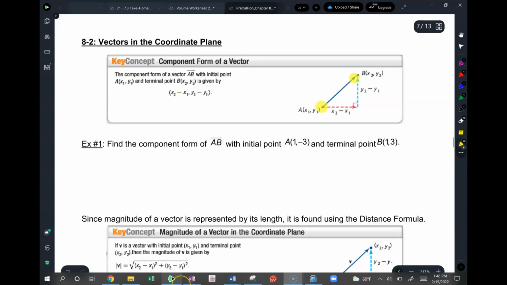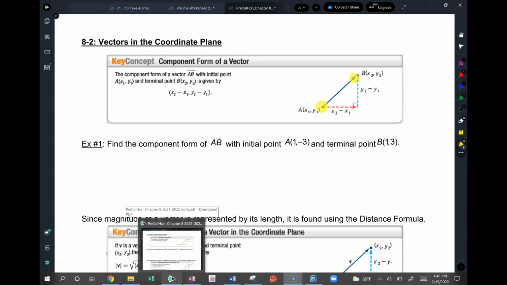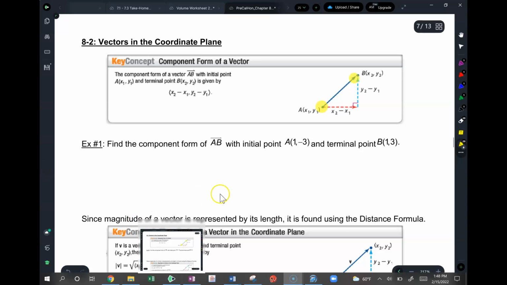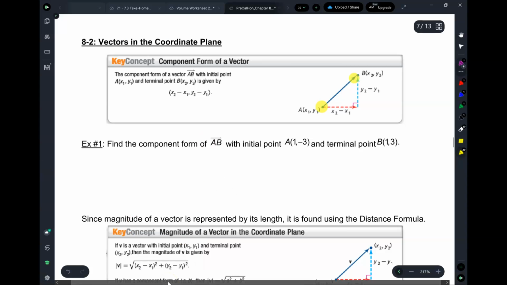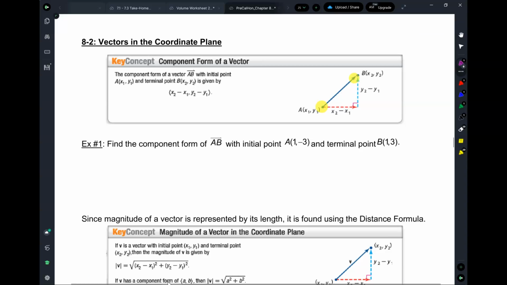Right, so this vector has an initial point and a terminal point. If I were to state the initial and the terminal points in terms of coordinates, suppose A is 5, 7, and suppose B is 7, 13. To go from A to B,